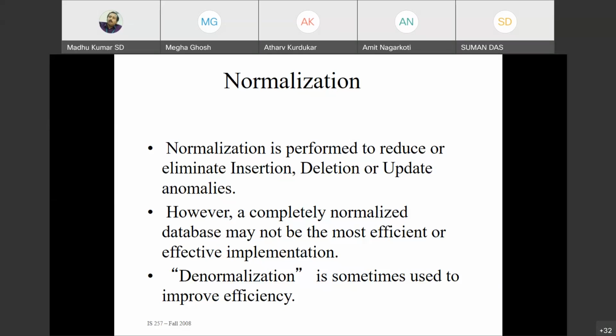Amit Nagar Koti. Amit, quickly, please respond quickly. No response. Ajwad,